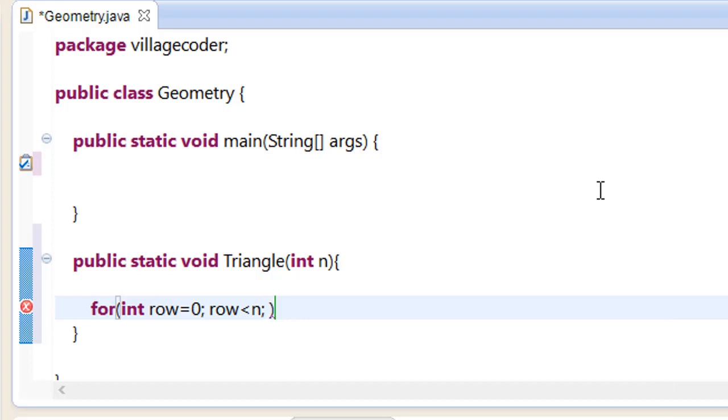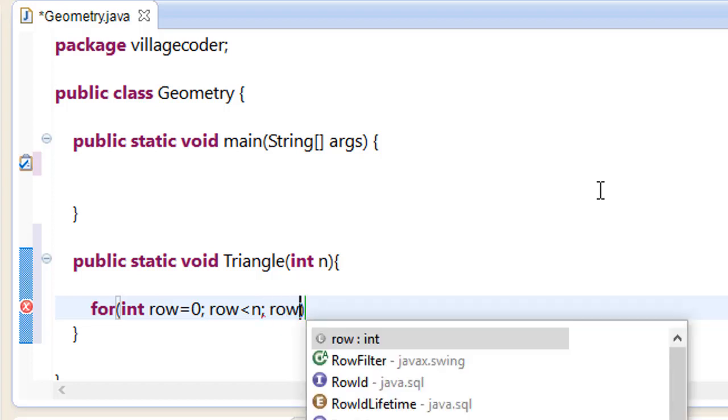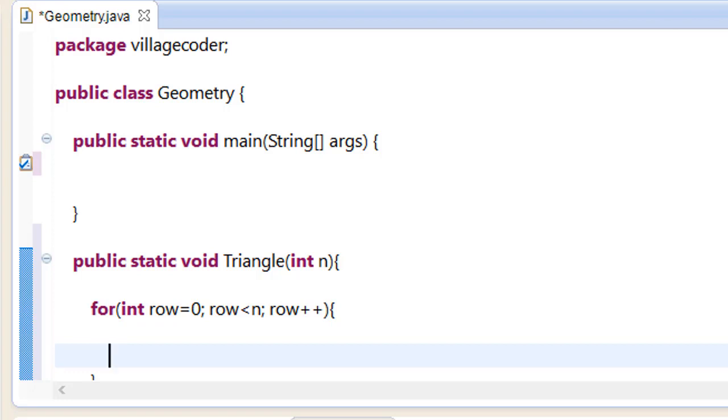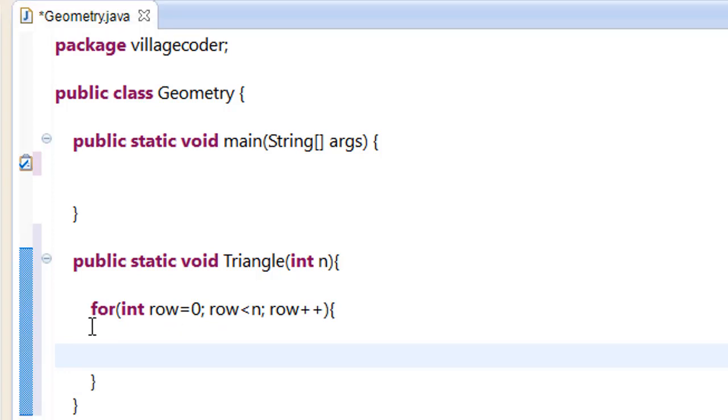And then after every iteration, it's going to increase by 1. Yeah, so if you look at what we have here, this for loop takes care of the number of rows that we have. So this first for loop, which I call the outer for loop, is going to take care of the number of rows in the triangle. That is, after every iteration of either spaces and stars, this for loop will move the cursor to the next